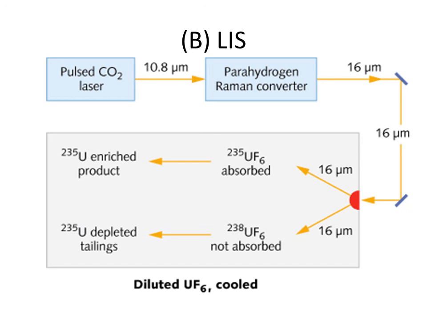Since uranium 235 has absorbed the laser, it has been ionized and it has got charge, and when we allow that mixture to pass through an electric field, the charged ions will be deflected to one side, whereas the other one will pass without any change in its path. So we have a separation between uranium 235 and 238. So this is how laser is used in isotopic separation, which is also an industrial application.